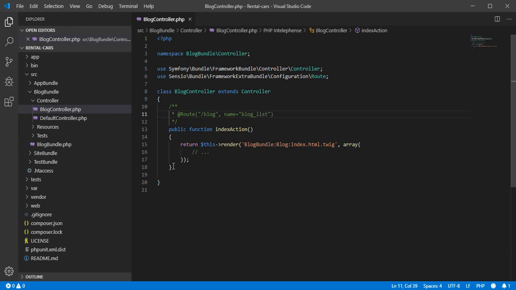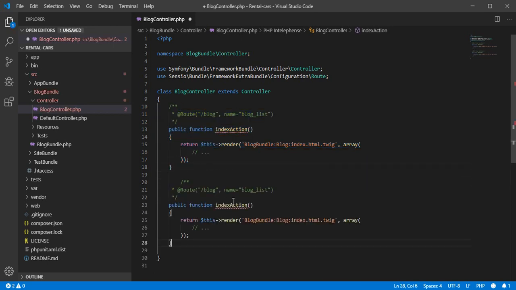Save. And now how about if we want to create another route, with another function? So let's just copy this, and here paste. But this, for example, will show us one article. So show, and as this function shows us just one article,